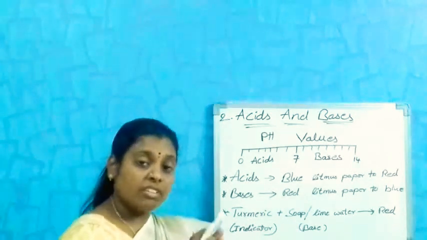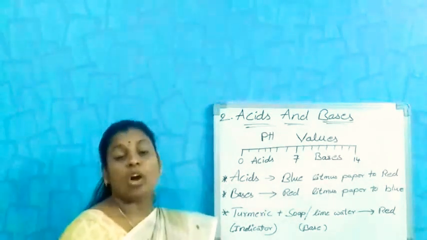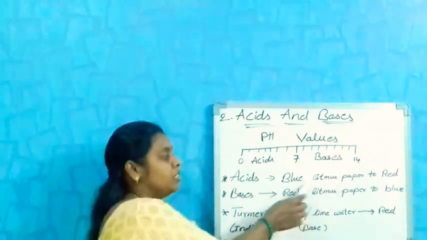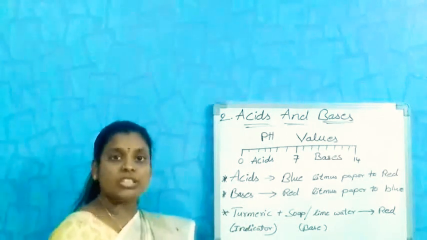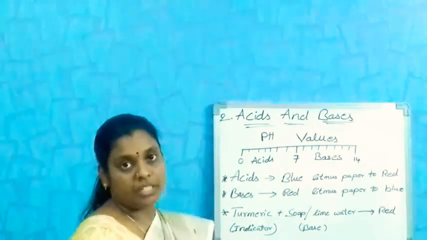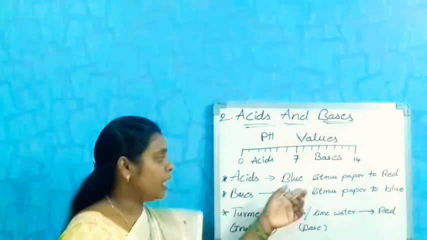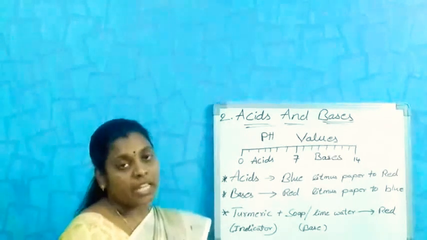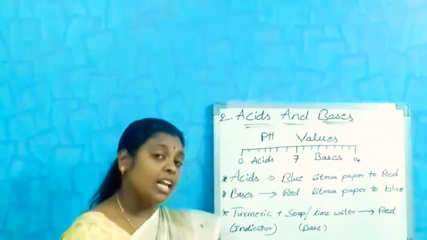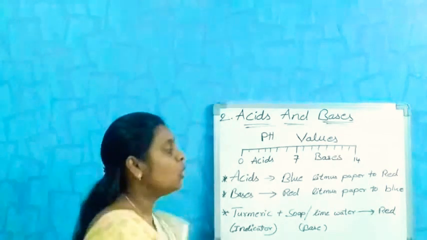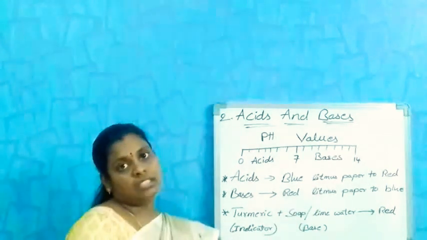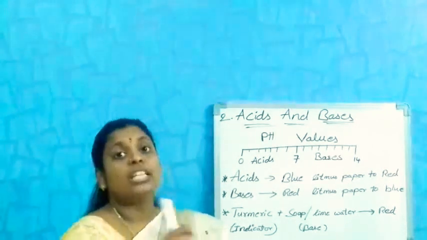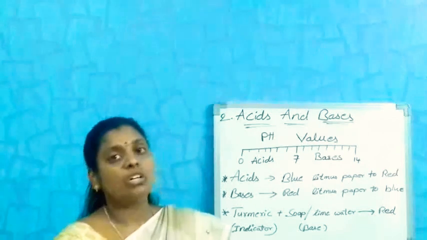If a given substance is an acid, how can you identify it? You can get blue litmus paper in the stationery shop and in the laboratories. If you dip blue litmus paper in an acid, then the color of the paper will change to red. The part which is in contact with the acid will turn red.